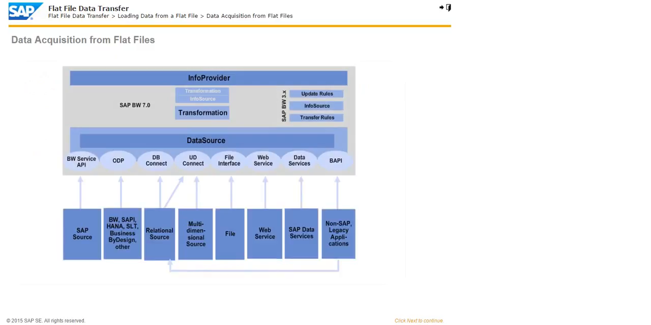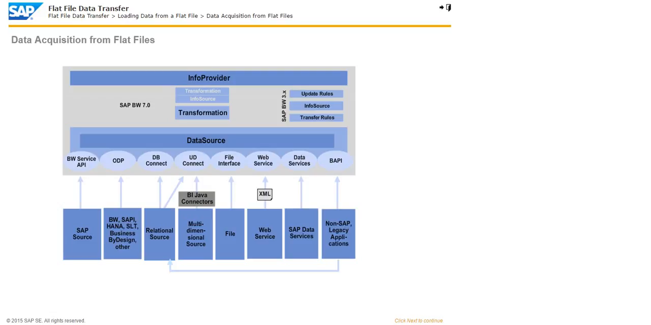The figure shows the architecture for data acquisition. The figure provides an overview of the possible loading scenarios in SAP Business Warehouse or BW. The most important part of this is the flat file interface. All types of data can be loaded into SAP BW with files, including text, master data attributes, hierarchies, and transaction